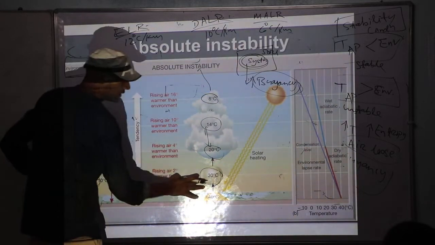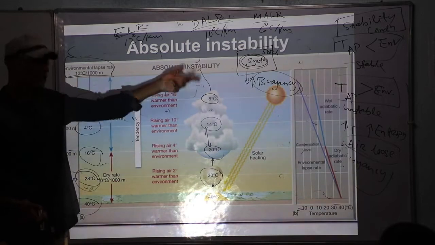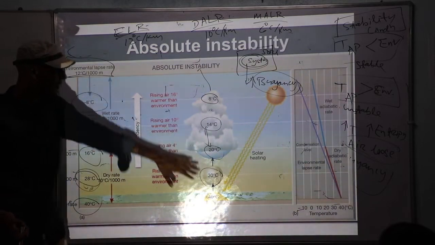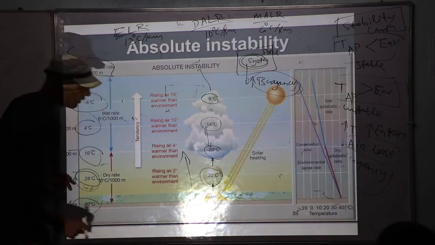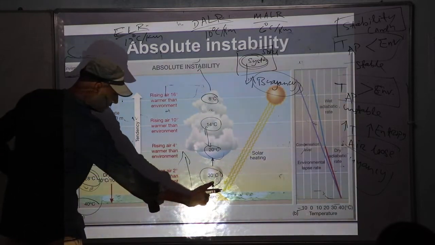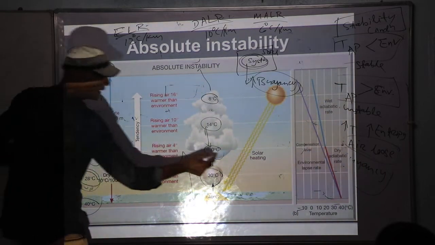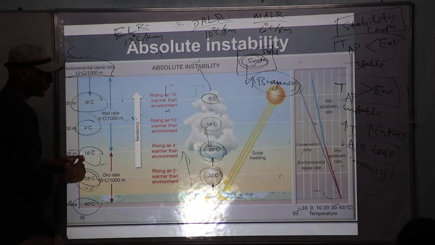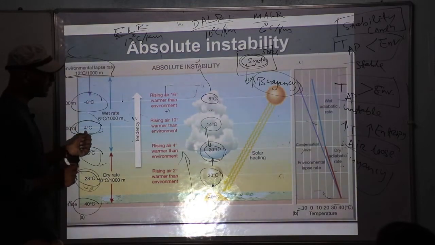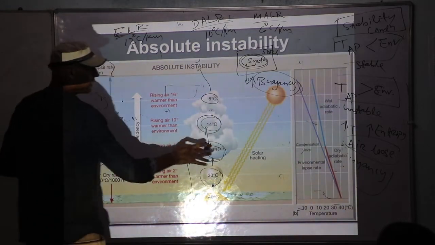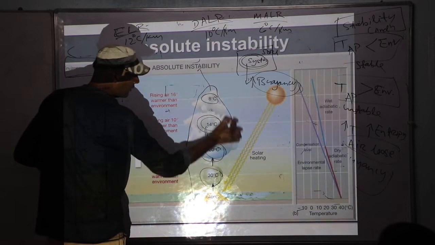So you can see when it is unsaturated, it cannot lead to the formation of cloud. I have already told you, when it becomes saturated, then there will be formation of clouds. Unsaturated doesn't lead to formation of clouds. So this is the unsaturated condition. You can see the atmosphere is having lesser temperature as compared to the air parcel. At this altitude of 2 km, the air parcel is having greater temperature than the atmosphere. At this altitude, let's say 3 km, the atmosphere is having lesser temperature as compared to the air parcel. Here the air parcel is having higher temperature, so there is an increase in buoyancy, so it will lead to formation